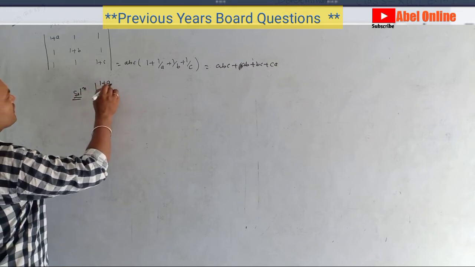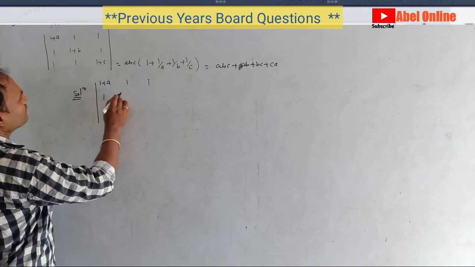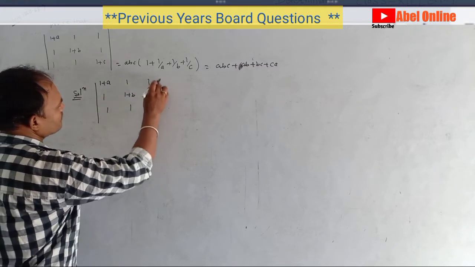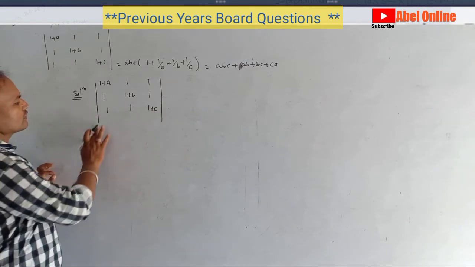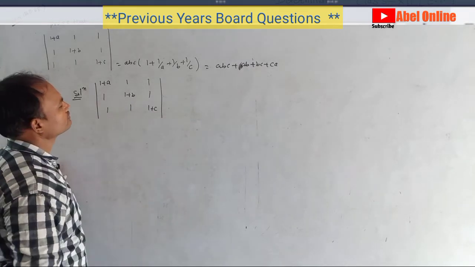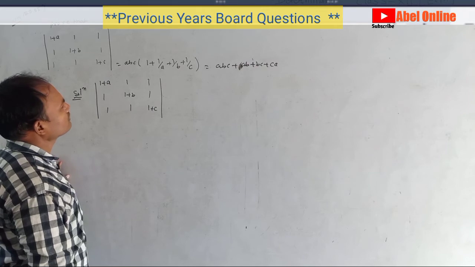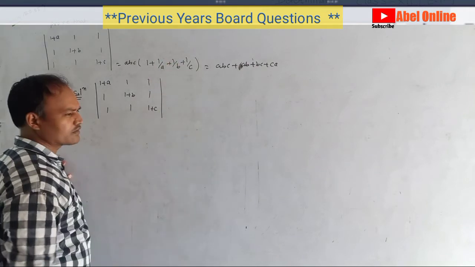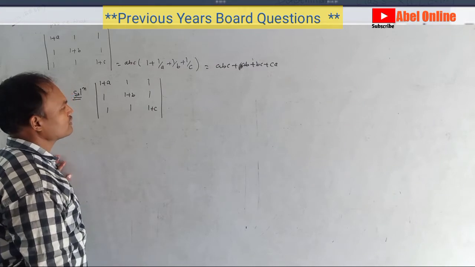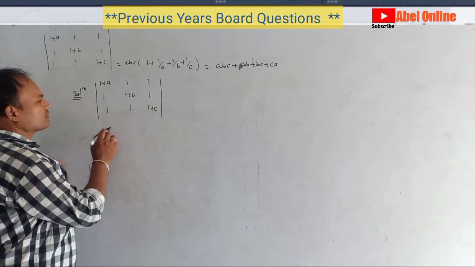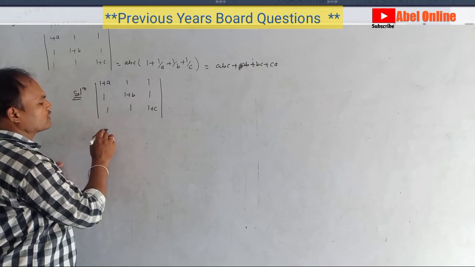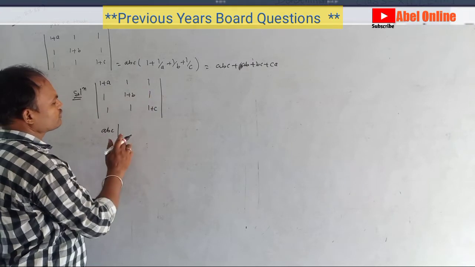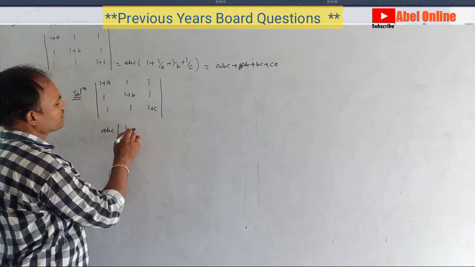The question is the determinant with rows 1 plus a, 1, 1; 1, 1 plus b, 1; 1, 1, 1 plus c. This is the question. Now I am just looking at this: 1 upon a, 1 upon b, 1 upon c. How can we take it? To simplify the problem first, I am going to take common from this. If I take abc common, what happens here? Taking it common from here, it is 1 upon a plus 1.